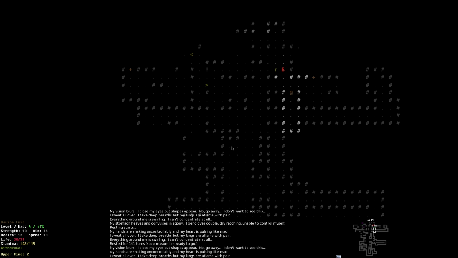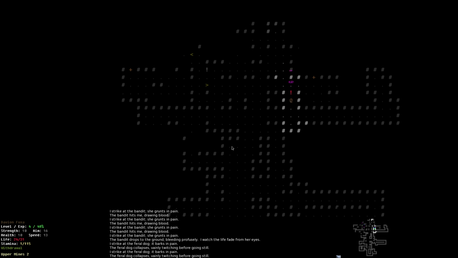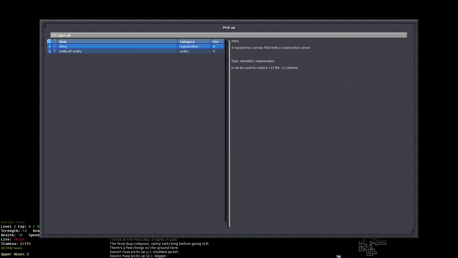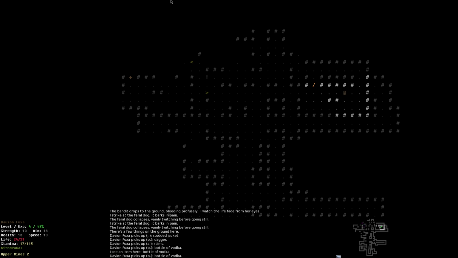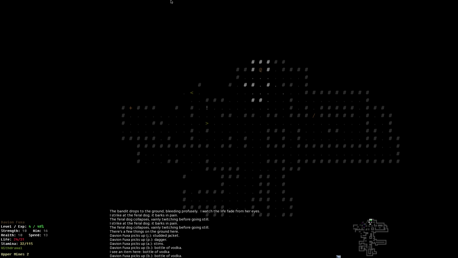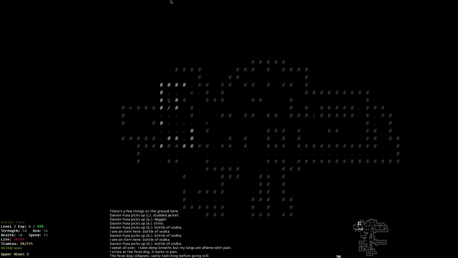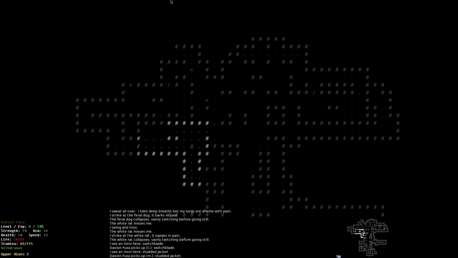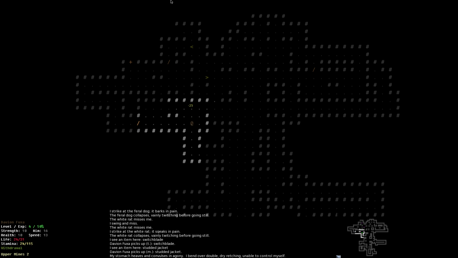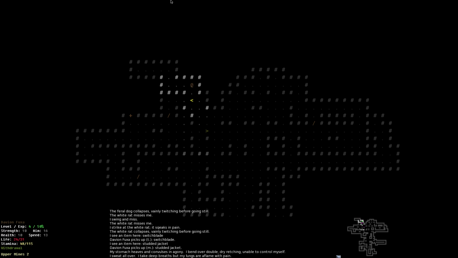Oh, bandit. Let's get this stuff here. Switchblade, sure, we'll take that. Stud jacket, sure, why not? Alright, that seems to be it for this level, so...